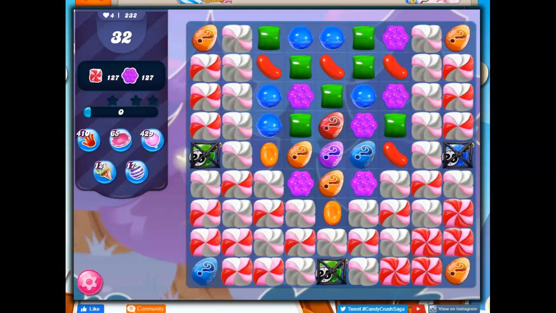Crush Saga, as a special dedication to Sandy, because she let me know that this level has changed, and my goodness, it has changed dramatically. We used to have to make stripe combos, and I think we had 50 moves to do it. We now have a completely different setup here. We have 32 moves to collect 127 layers of frosting and 127 purple, and that makes this a nightmarishly hard